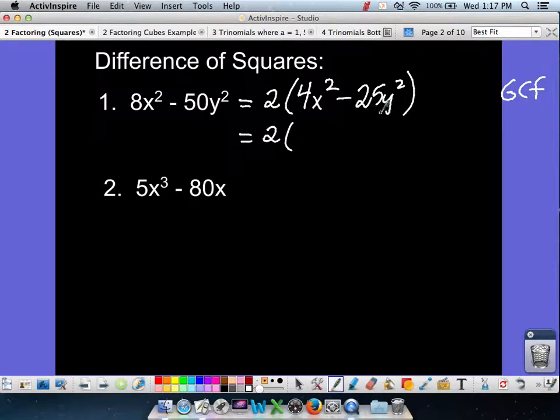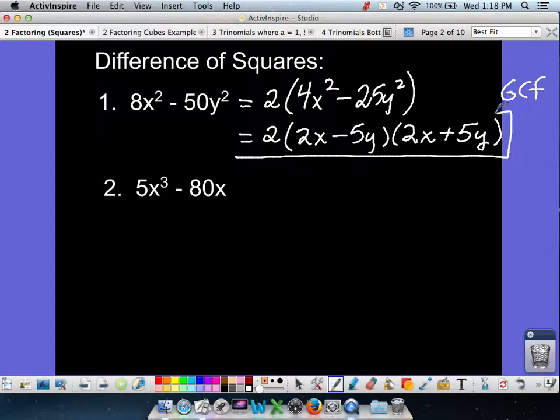I go back and say, hey, this is the difference of squares. What square gives me 4x squared? 2x. Minus what squared gives me 25y squared? 5y. And then this is where I write the 2x plus 5y also. So my final answer is all 3 of these terms, not forgetting the 2, and then 2x minus 5y, 2x plus 5y. In number 2, I look here, and not only do I have 5 in common with the coefficients,